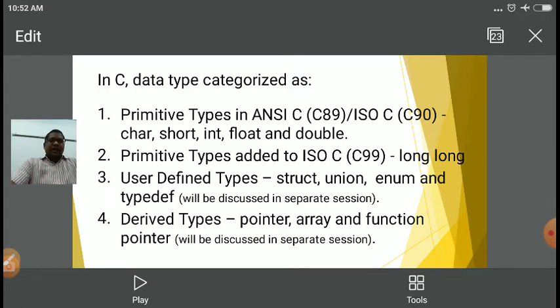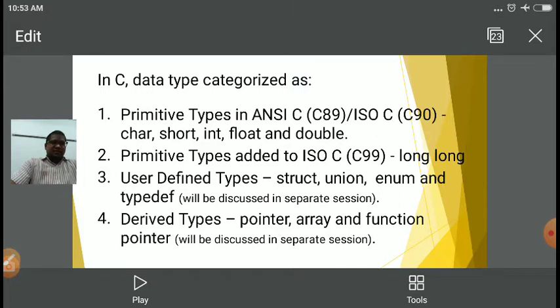Next is array. Array is a collection of similar data types. We can say if I want 10 integers, then rather than taking 10 different variables of int type, I can take one variable with size 10, which is known as an array. So suppose I am writing int a[10], then a is the array name and 10 is the size of the array, means it contains 10 elements, and the data type is int, so it contains a collection of 10 integers, means an array of 10 integers.